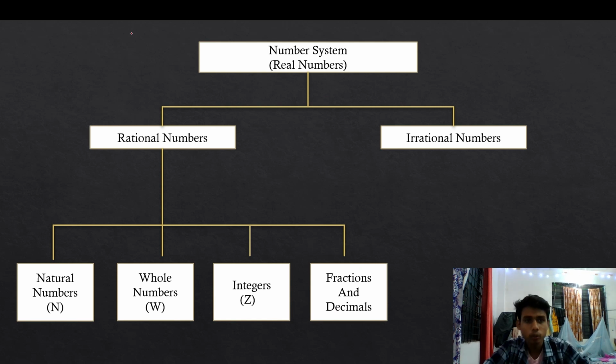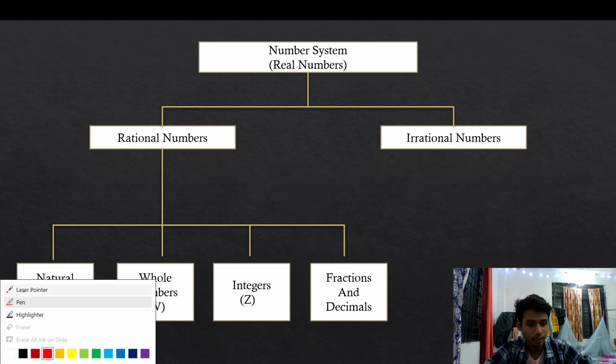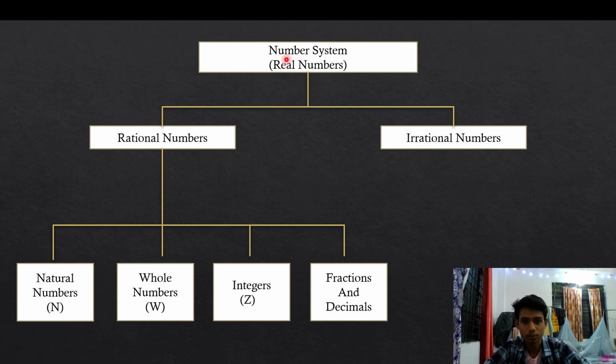So today we are going to start with the very first chapter of your book, that is the number system, which can also be called real numbers. Now the real numbers can broadly be divided into two parts, which are rational numbers and irrational numbers. And the irrational numbers can further be divided into four parts, which are